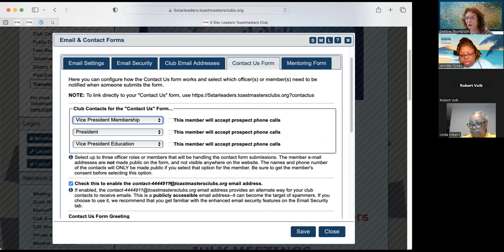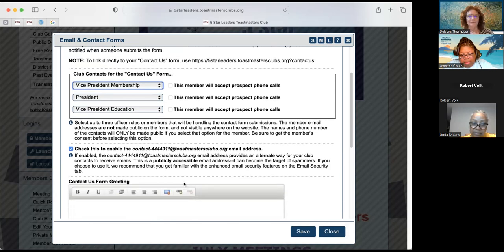They do a copy all or reply all. That way, the other two who are on this form know that somebody has been contacted, so they won't be bombarding the visitor or guest with emails. So it's just reply all, so that when you respond to this person, everybody knows that you've done that. And there are a couple of other things I wanted to show you.